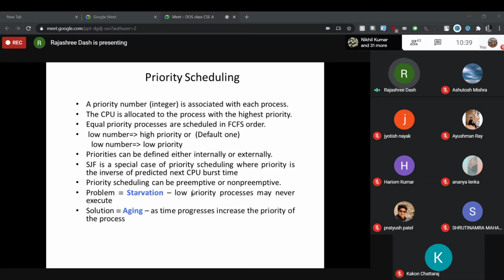In the example I have given, the low priority process, though it entered the system from the very beginning, is not able to execute because after that a number of high priority processes have entered. So in that case, by applying the concept of aging, the priority of that low priority process is increased with some time interval, so that after some time, obviously it will have a higher priority number compared to the other processes, so that anyhow it is able to get the CPU for completing its execution. So these are the fundamental concepts related to your priority scheduling.